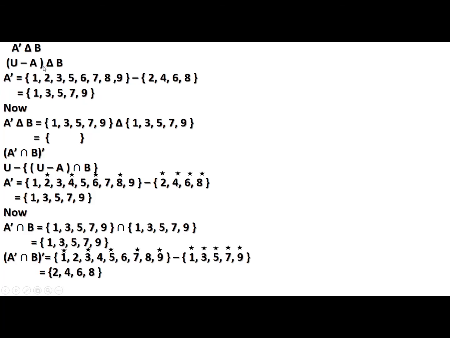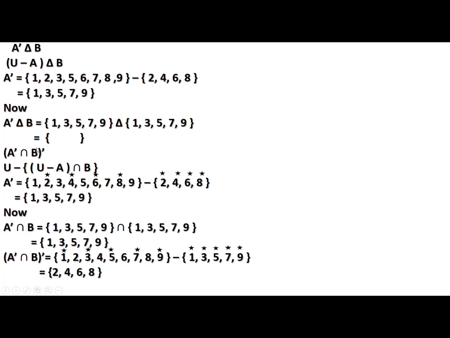The bracket we've already solved. Now we are going to find out symmetric B. So now we are doing A complement symmetric B. So what we will do, first the complement sign is coming and we've already solved the answer, and what answer we got: 1, 3, 5, 7, 9. So that you will write first. Why are we writing it first? Because A complement is written over there. Then put the symmetric sign and then write the elements of B: 1, 3, 5, 7, 9. So in symmetric, those elements which are not common in both sets will be written as the answer. But see, all elements are common, so therefore our answer will be an empty set.